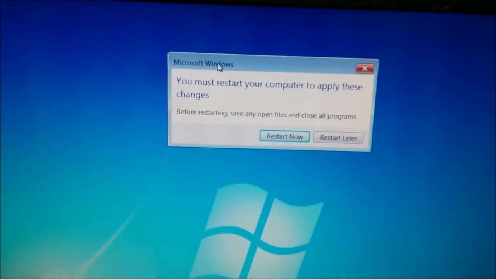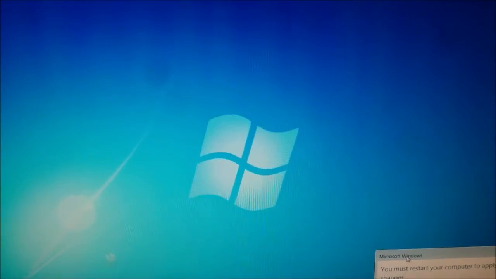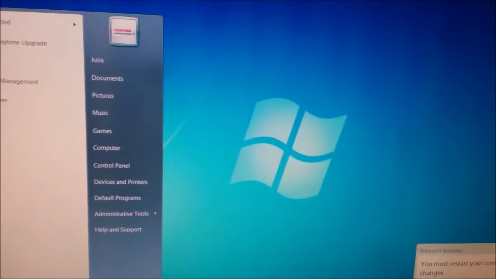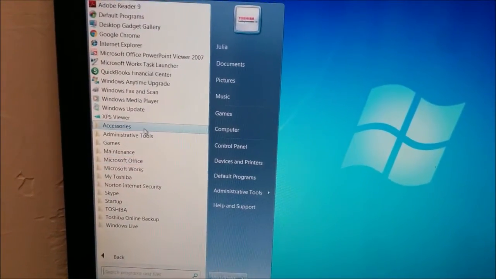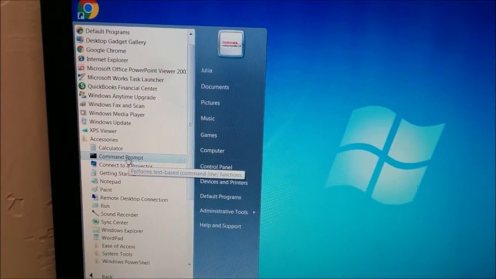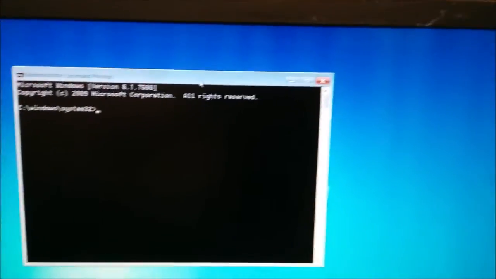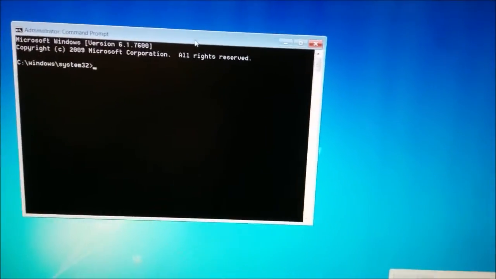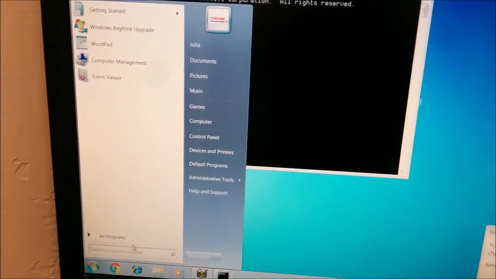So it wants to restart, but no, I don't want to restart right now, because we're going to have it restart after we destroy it and see if it actually works. So what you're going to do is go to Start, All Programs, Accessories, go to the command prompt, right-click it, run as an administrator, and click Yes. And we're going to type a command in here to destroy this operating system, which you could also search CMD or command prompt in here. But I'm also going to open regedit because I might want to do a little registry editing,